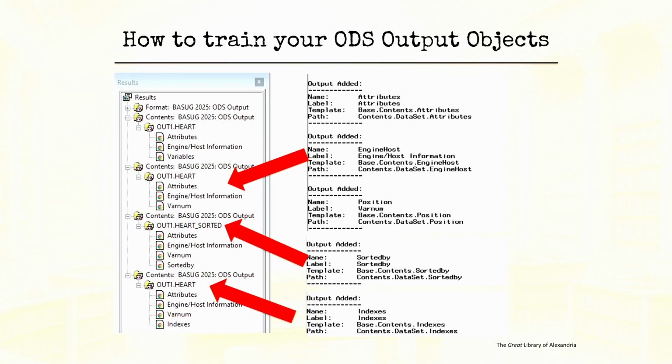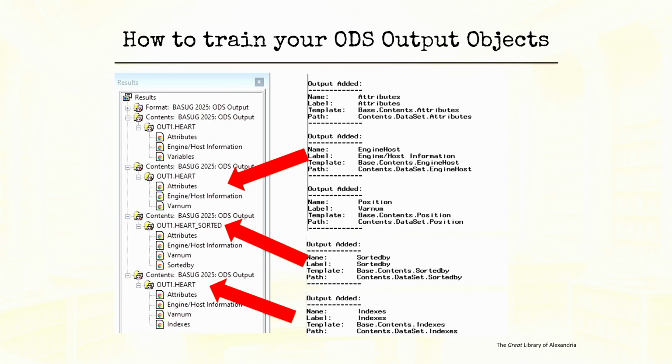As you can see, you can see all the different objects that are created. And this is what it looks like in the log. So the log equivalents, we just saw those in the results window, and the log equivalents will tell you more. The log tells you a little bit more.